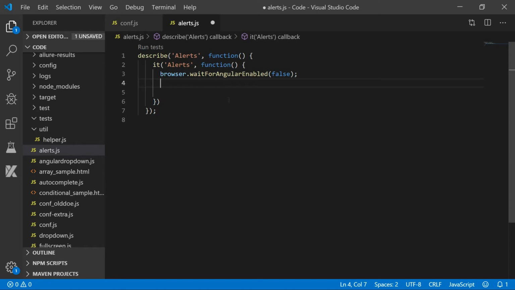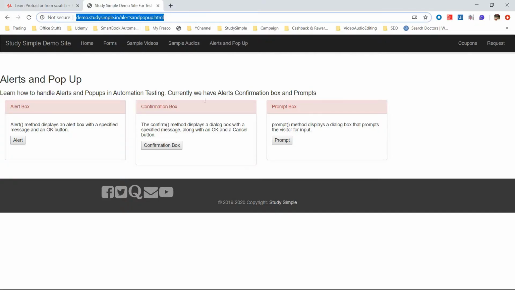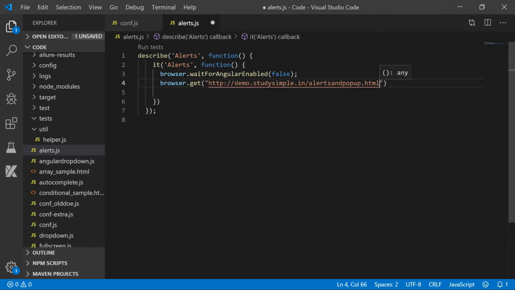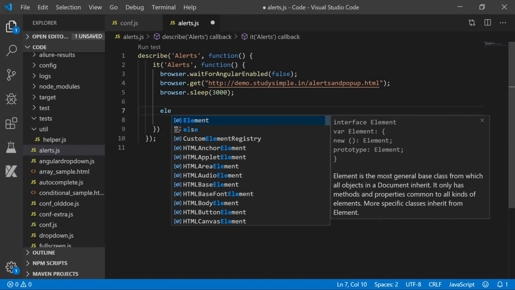The first thing that we need to do is to open the website. For opening the website, we know we have to give browser.get, and inside that we have to give the parameter. The parameter I will copy from here and paste it. So in this line we have the website opened. Think of the automation perspective. We will add a 3 second pause here. It is not recommended to add the pause, but without the pause you will not be able to understand, because Protractor testing is quite fast and it will happen in a flash. So let us do the next step.